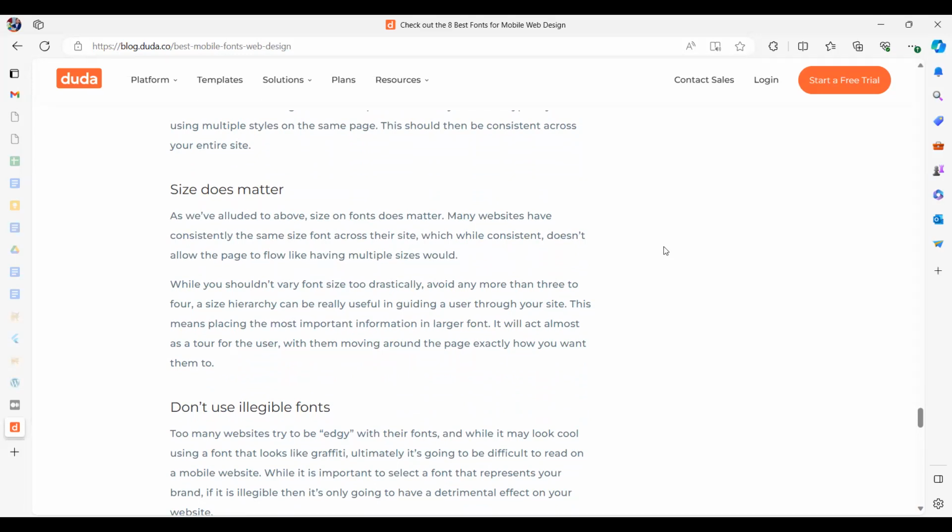What should be the font size? There is something called EM, where we take the default size of the system, whether it is Android or Apple or web, and then we increase that using a multiplier, like 1 time, 2 times, 1.5 times.